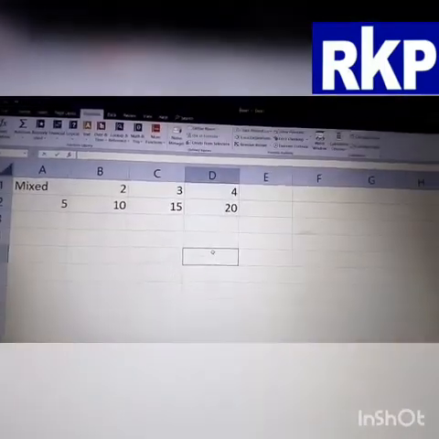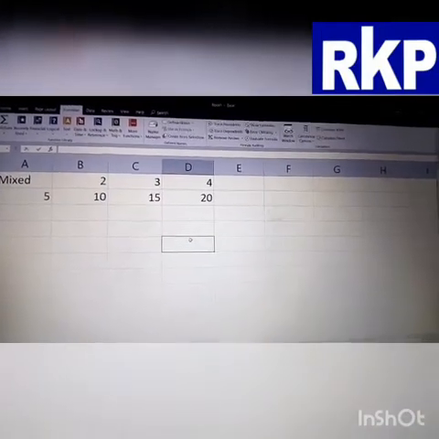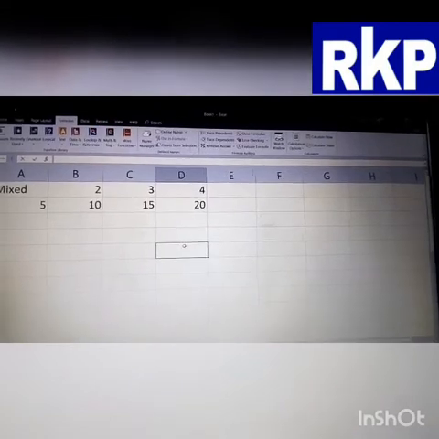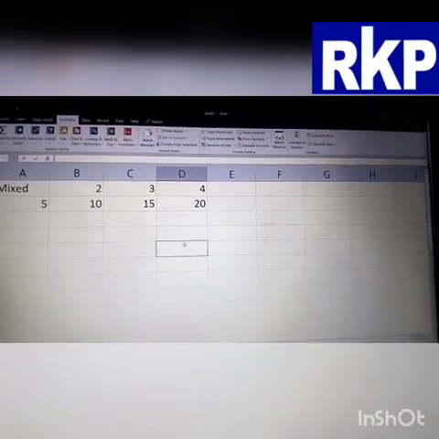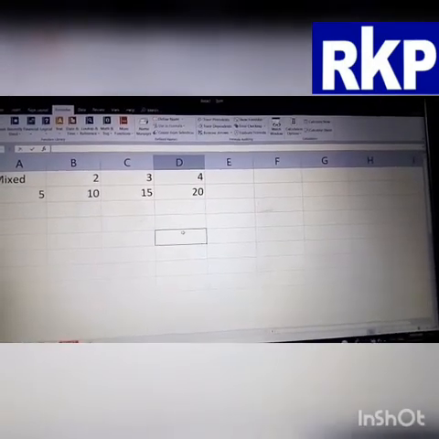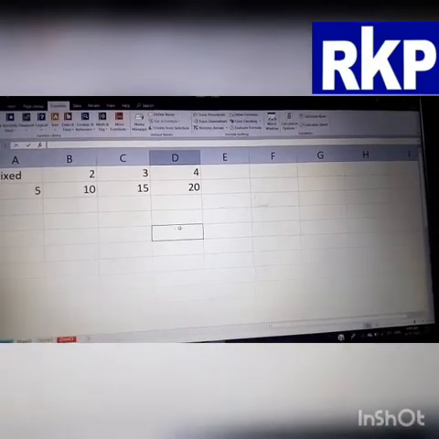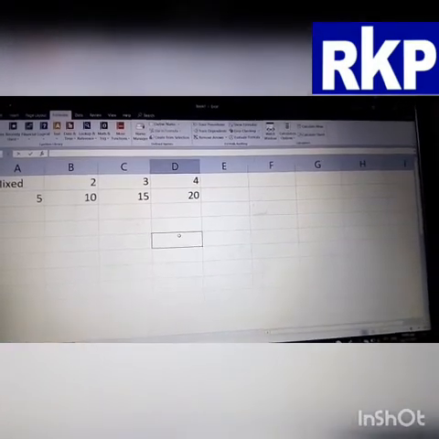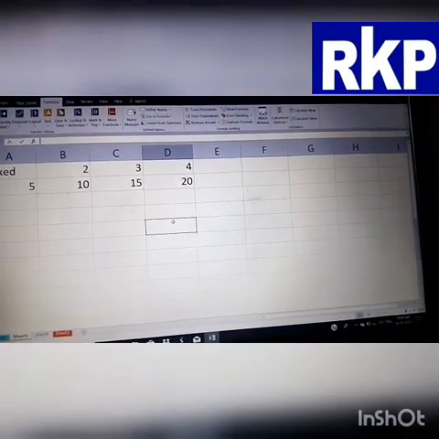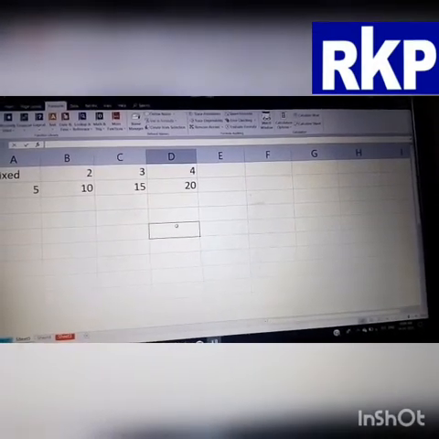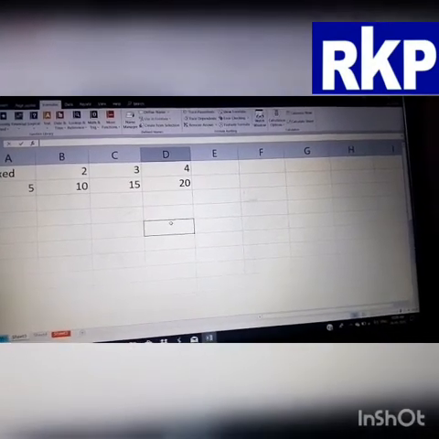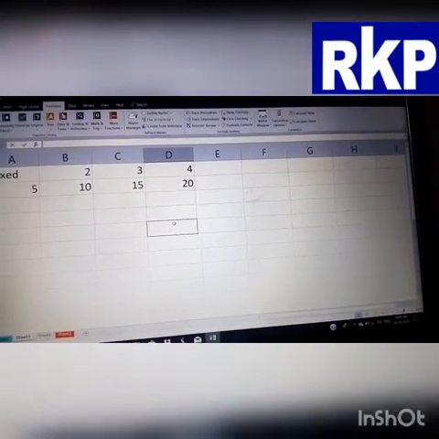So what is the definition of mixed reference? Mixed referencing is a combination of relative and absolute referencing. In mixed referencing, one part of the cell address, either column or row, is made absolute while the other part is relative. Either the row will be absolute or the column will be absolute. So in mixed referencing, the cell references change in one direction, either in row direction or in column direction.